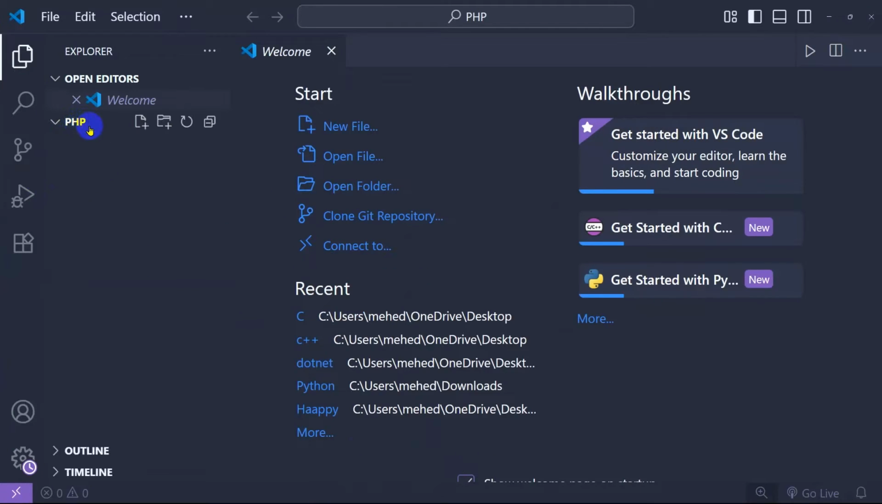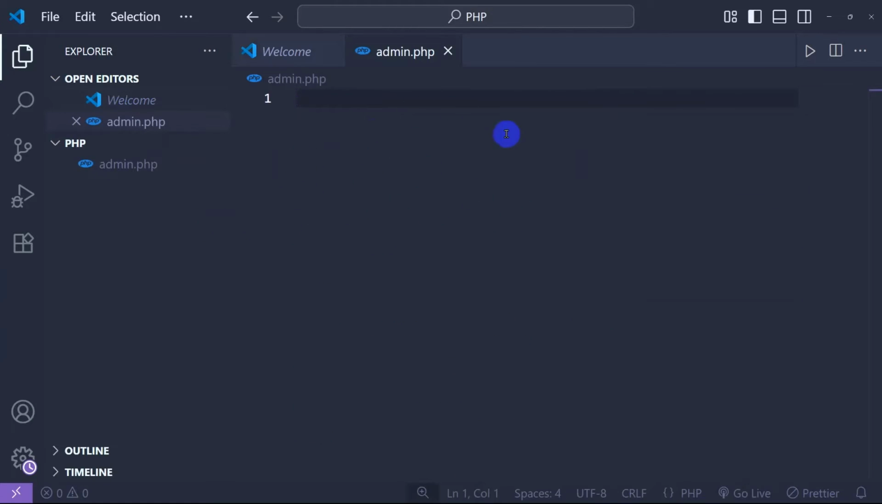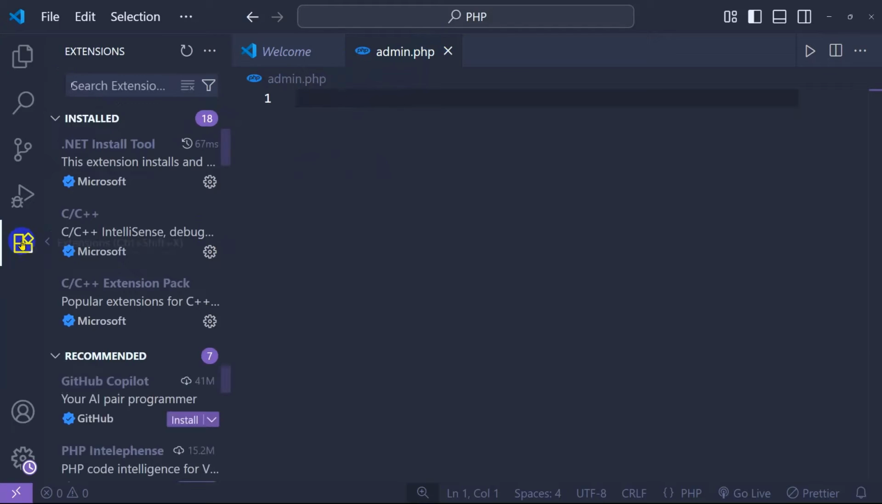So we're going to come to the PHP, create a new file, and the file name should be admin.php. That's it. We're going to click on enter, and right now, as you can see, we rightly opened the PHP folder, and we will now start a hello world program to show you it works properly. Before that, we need to download some extensions to run PHP perfectly. So for that, we're going to go to the extension section and first search for